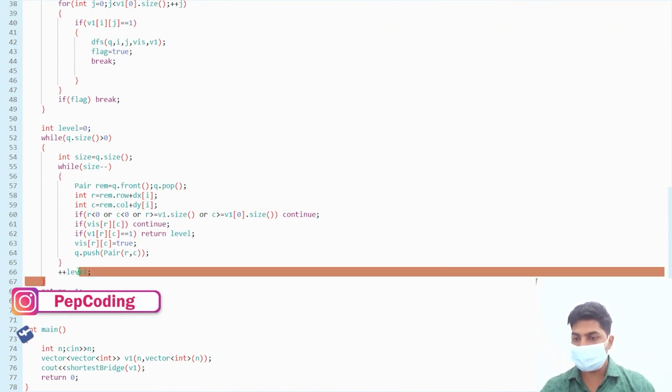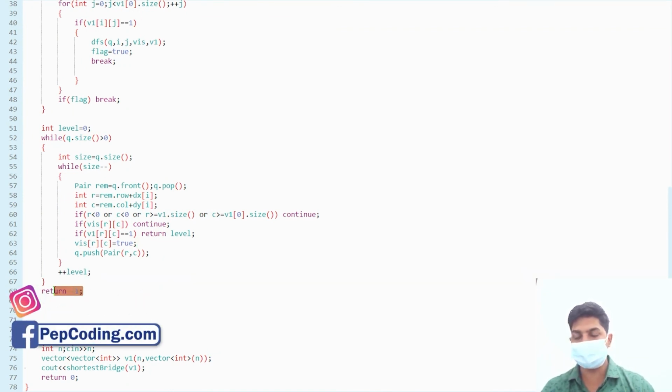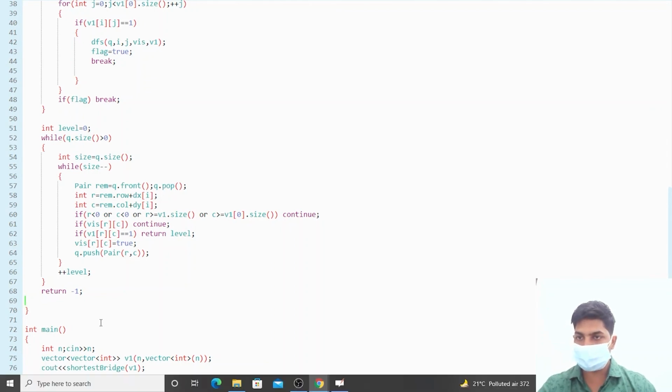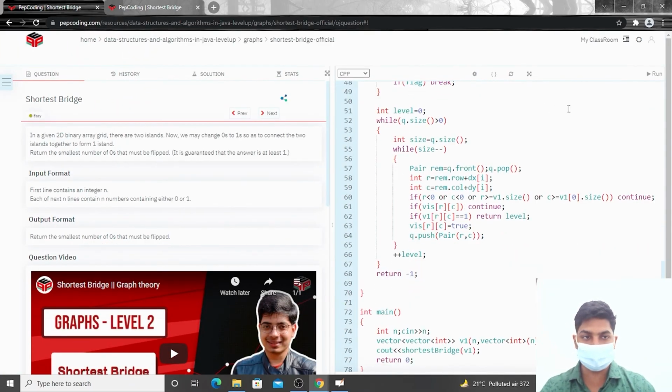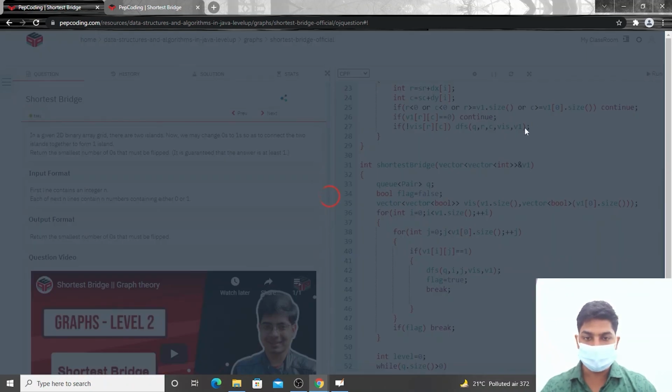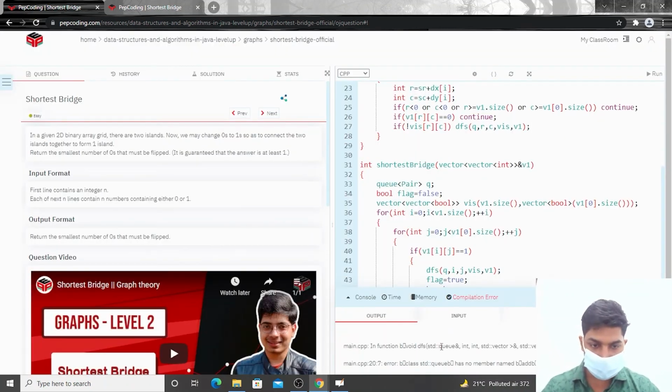And finally we are returning the level, and if the BFS is completed and we are out of the loop, then we are simply returning -1. Okay, now let's try to run this code and let's see whether it is working or not, or are there any errors, something like that. Let's see. So there are some errors,